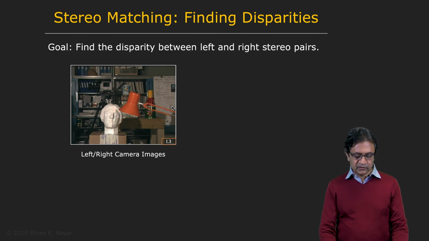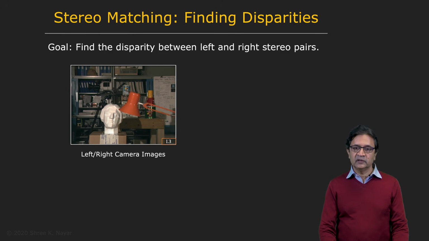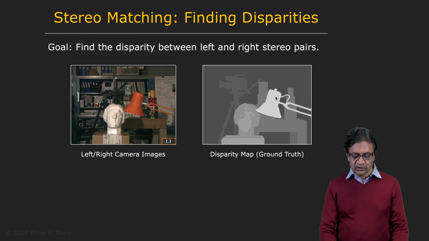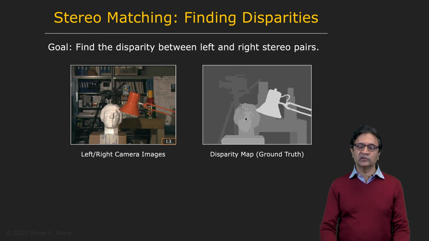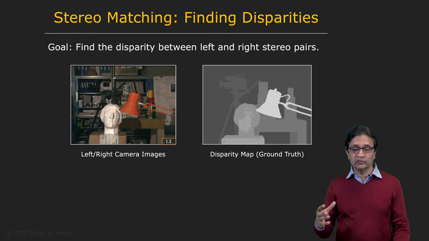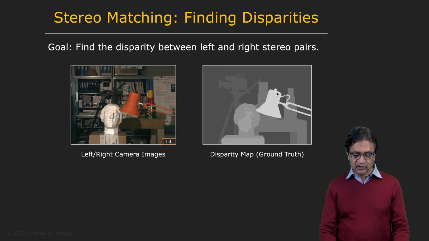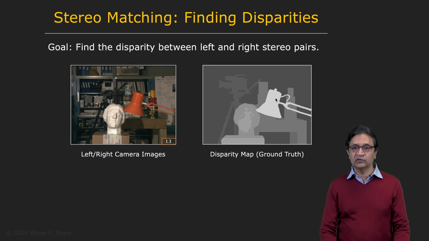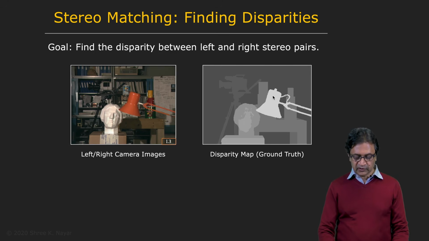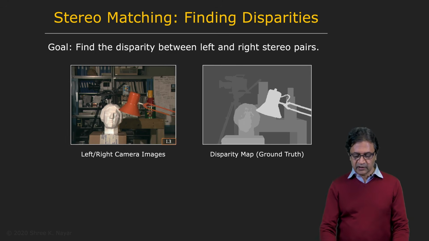So here's an example of a left image and a right image. And the kind of disparity map we're looking for would look something like this. This is ground truth. This has been measured. This is a three-dimensional scene that was measured using an active illumination method. And then we can predict what the disparities should be once we have computed them. So this is used as ground truth to evaluate the results that we are going to get. And here, the closer the point is, the greater the disparity, and the brighter it is in the disparity map right here.